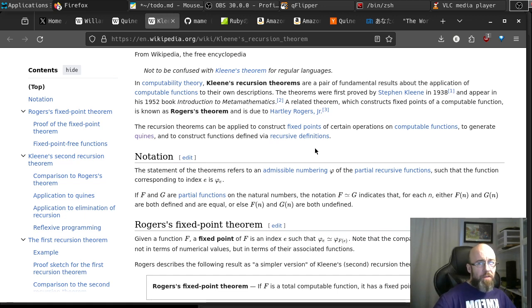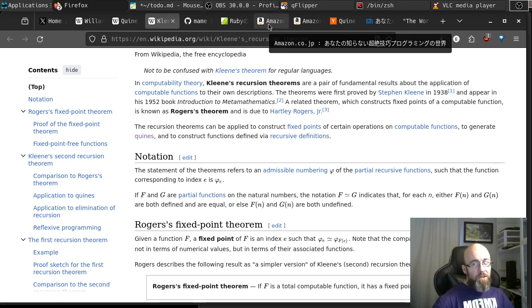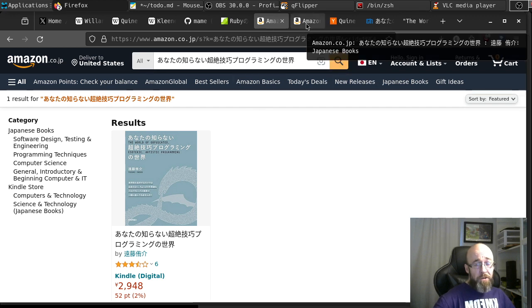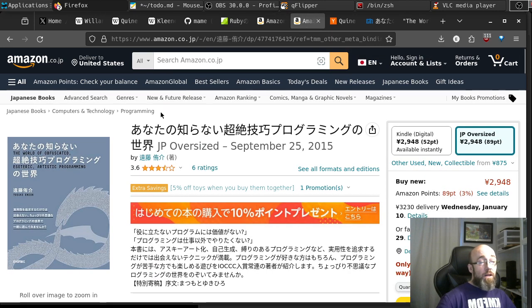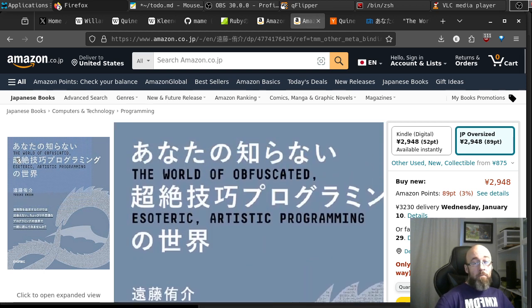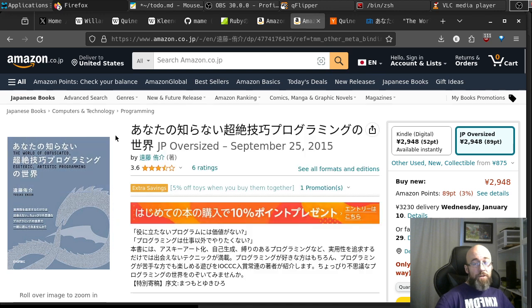So a lot of this is motivated because of my interest in the works of Yusuke Endo, in particular his book, which I really want a physical copy of because it's amazing. The World of Obfuscated Esoteric Artistic Programming. This is a book written in Japanese by Yusuke Endo, who has a GitHub at